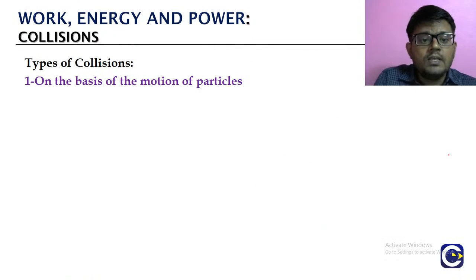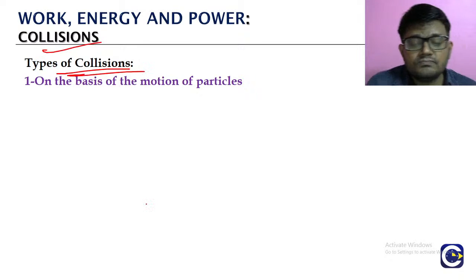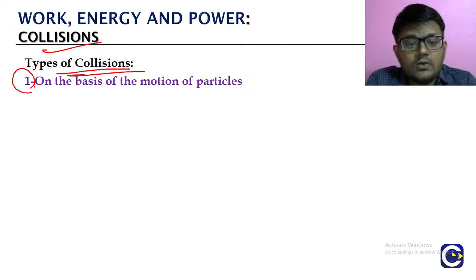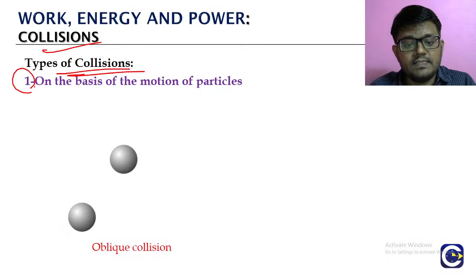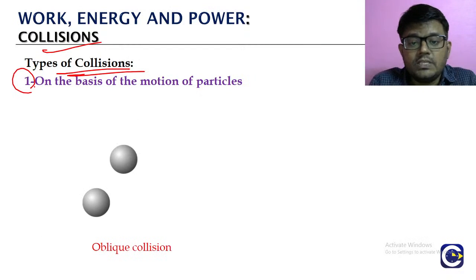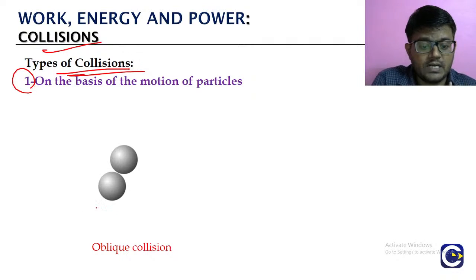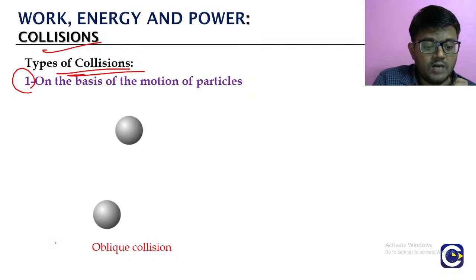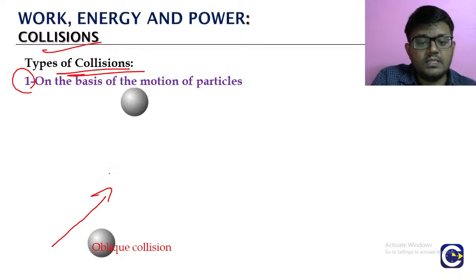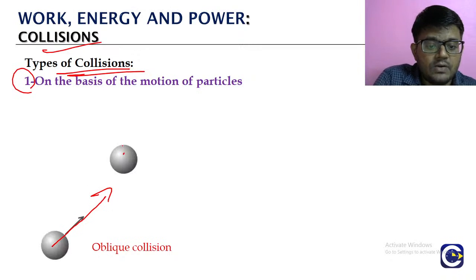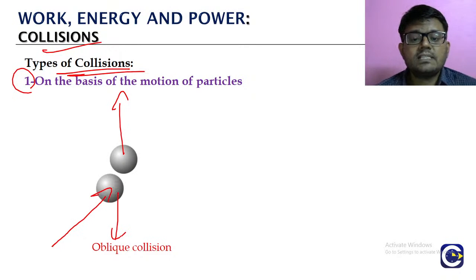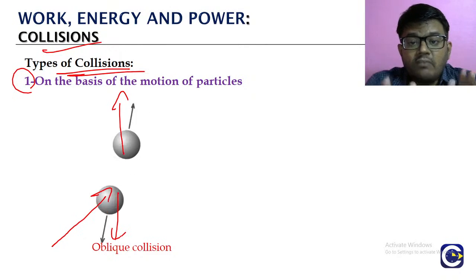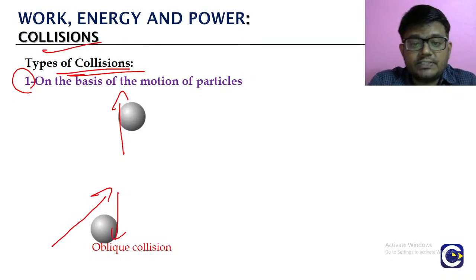Okay, so how do we classify the collisions into types? One basis is on the motion of the particles. Let's say, for example, when we discussed the collision concept initially, we talked about it. What is happening? The object is coming along this line, but after the collision, they are going in, this is coming like this. So this type of collisions, where the velocities of the objects